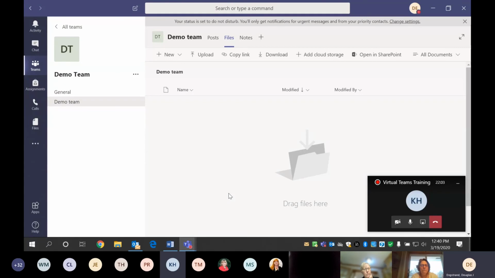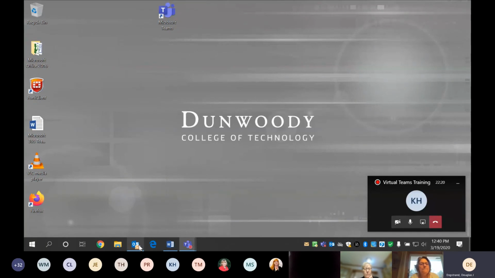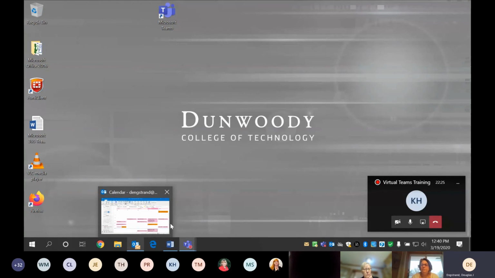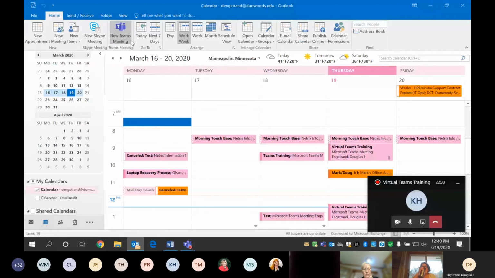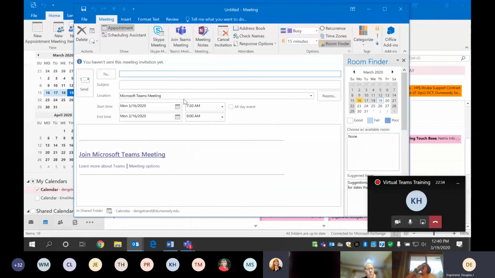So this did bring up another point, and it's one piece that I must have missed going over. Because we're not, as faculty and staff, we're not all on Office 365. We have an account, but our mail isn't there yet. So the calendar function isn't there. So the way to do it is through Outlook. Once you have the desktop app installed, and that's the most critical piece to this, you'll actually have a Teams new meeting for Teams that you can select through Outlook, which makes it a lot easier. And that's the same link that you